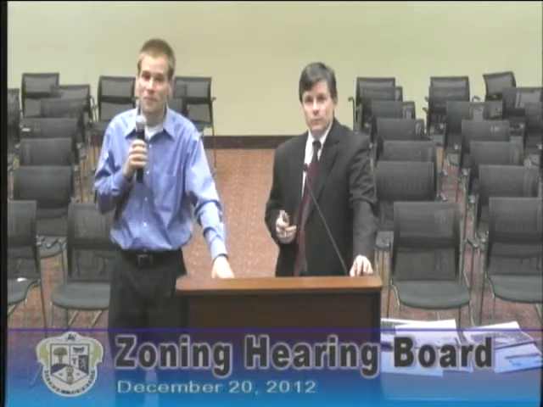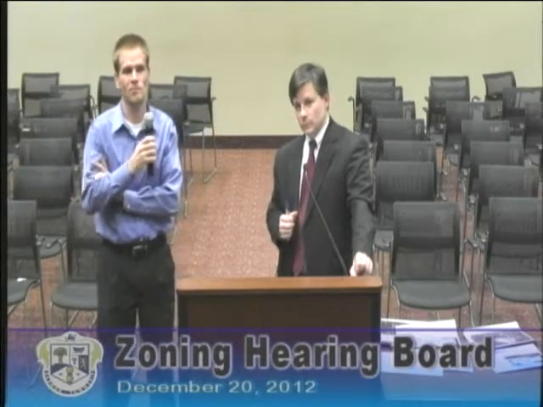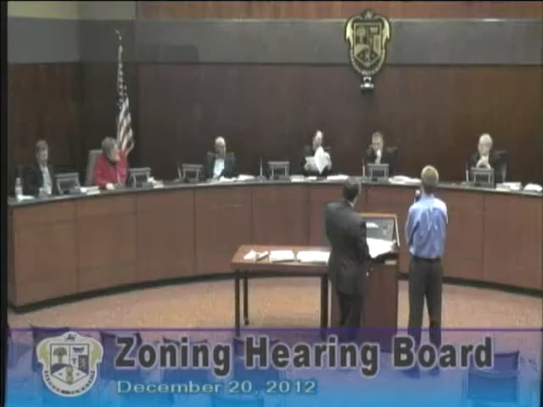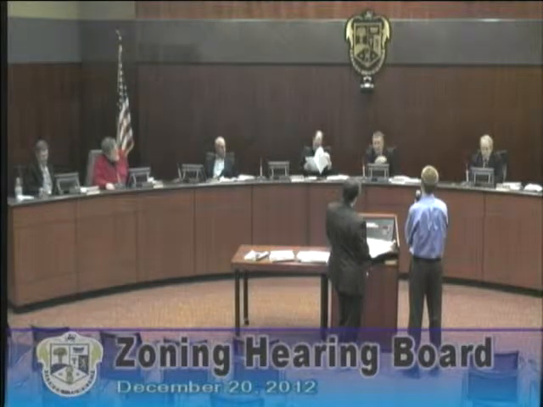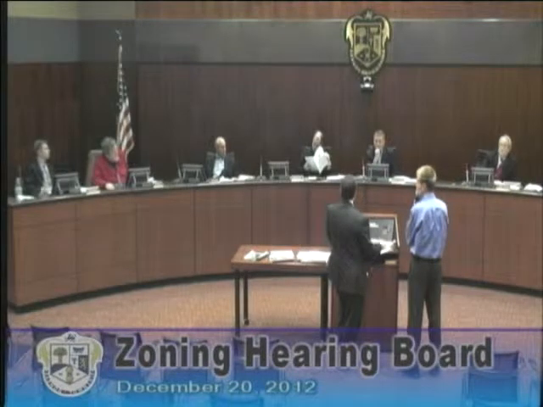Oh, I know, I'm well aware of that. But so I get it clear in my mind what you're going to ask for: you're asking for a second sign, which will not exceed 46.5 square feet with both signs combined, when combined with the front side. Right. I would amend the application to reduce the size of the second sign.